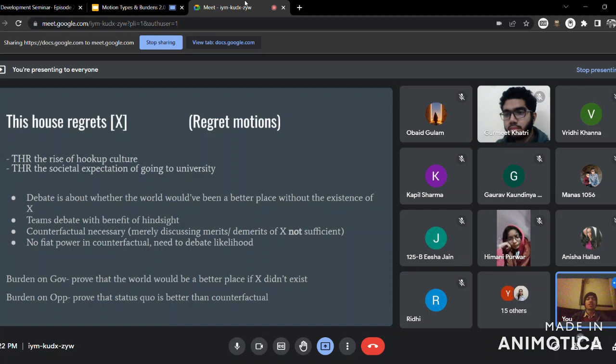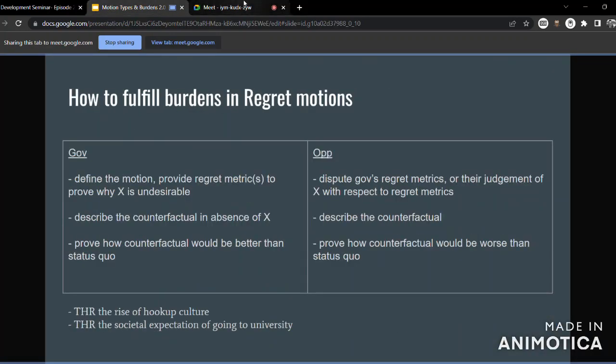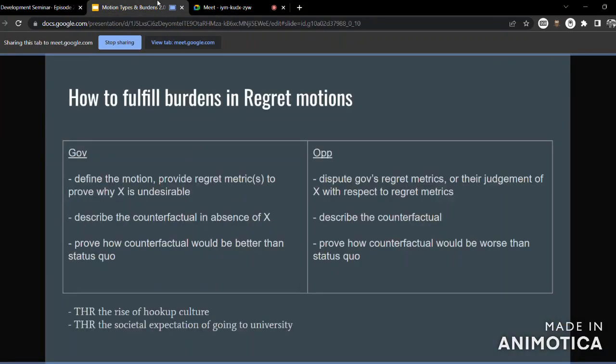Possibly fewer people would go to university and things like that. Possibly corporates would not have a requirement of a university degree as a condition for you to get a job or anything. These are things that you need to debate on and need to be proved, but these are just things of imagining the counterfactual, or ways of imagining what this other world would look like. So you need to do that in debates, right?